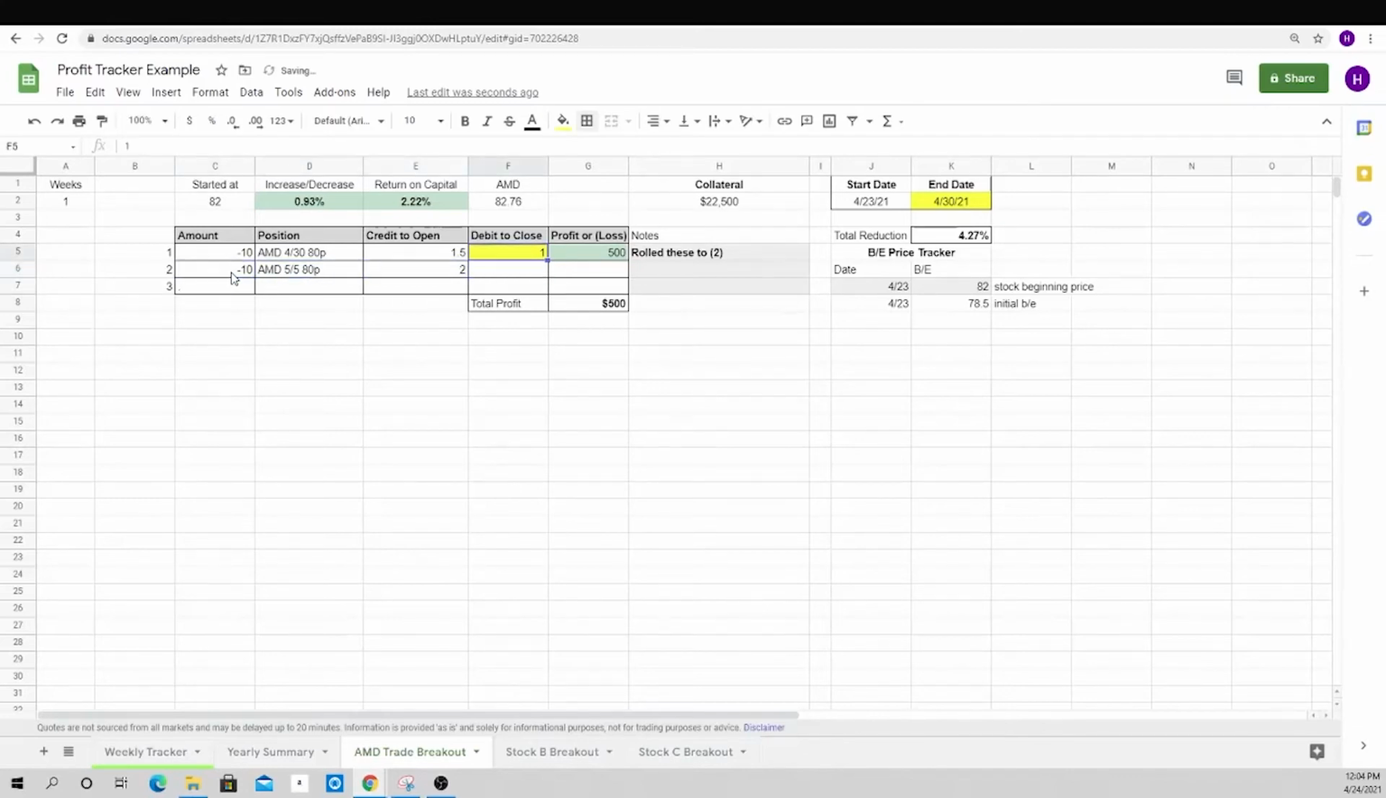We could make the same formula where we would do equals max 80 minus the current price, comma 0. Copy this down, and then this gets dragged in. We would have to update the end date to be like 5.5, and then we would have our return on capital updated, the increase or decrease in the stock is updated, and then to come up with our break-even price,